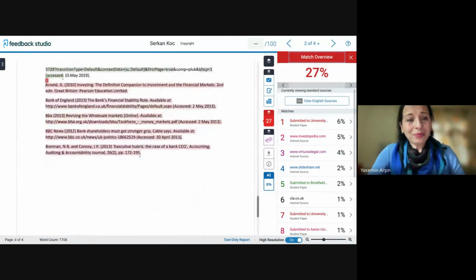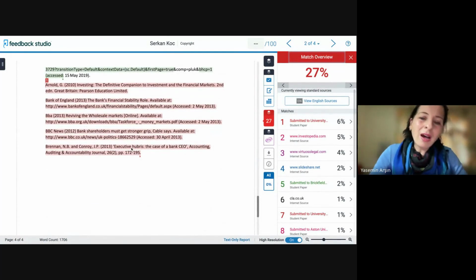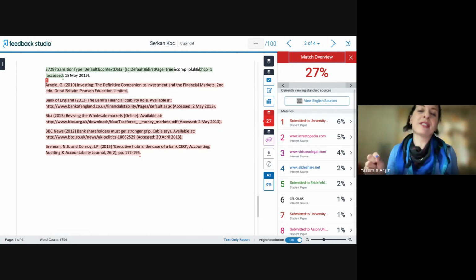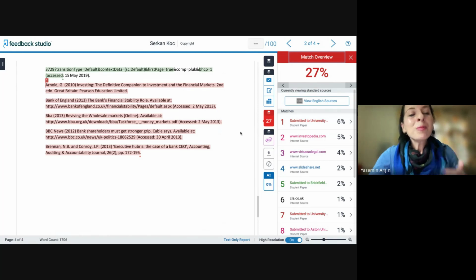And then, of course, this might be a little bit acceptable, but at the same time, I will tell my student, please don't copy and paste the references from another student paper because this is not your work anyway. So you need to create your own reference list. Maybe with Google Scholar, maybe you will do it one by one. I mean, this is semi-plagiarism, in my opinion. I don't know if you will agree or not.